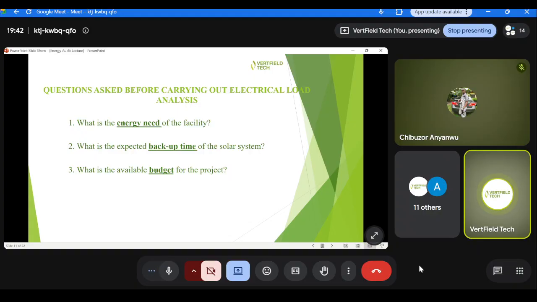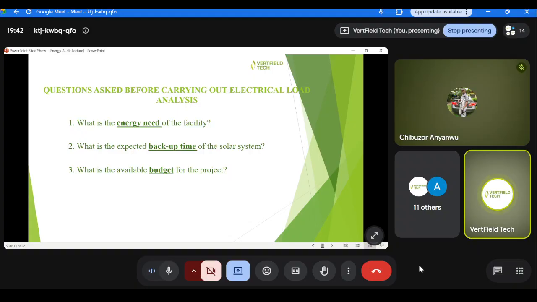So let's say our client for tonight, Mr. Edward, has invited us for a solar system setup. While we are speaking to him on the phone, even before you get to the site, we can ask Mr. Edward the very first question. We can ask him, what is the energy need of the facility? What is the energy need of the facility? At that point in time, Mr. Edward can now say, okay,